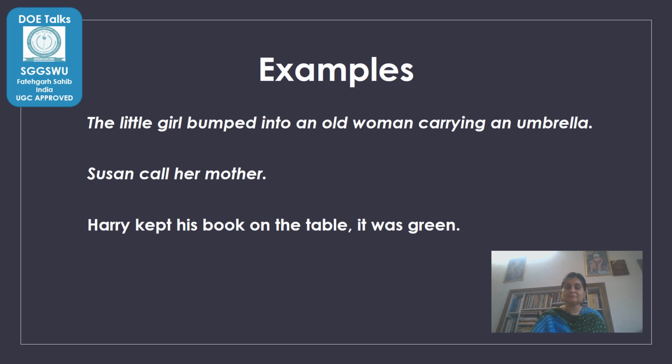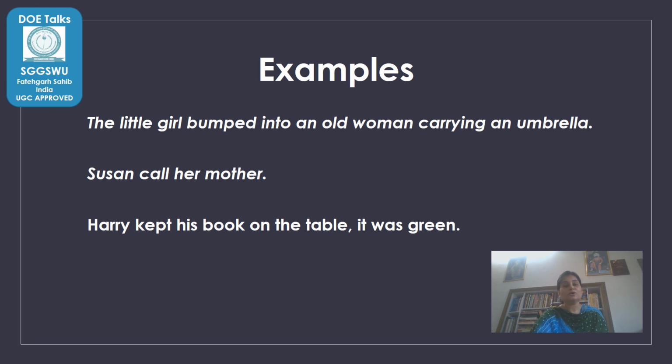Similarly, the third sentence: Harry kept his book on the table. It was green. What does "it" refer to? Either the book was green or the table was green. So the information that the speaker is imparting to the listener is ambiguous, right? The speaker is not able to make it clear which thing was green, the book or the table. Thus, while formulating a sentence, such structural ambiguities arise. This happens because the one who is writing the sentence knows the context of the sentence, but the reader does not. Hence, sentences appear vague and ambiguous.